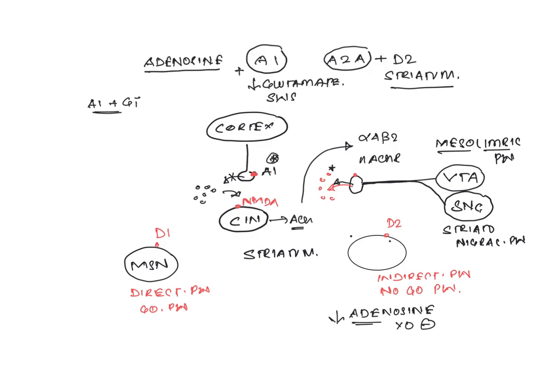So in patients with bipolar disorder, when the adenosine level is decreased, your A1 receptors on the corticostriatal nerve terminal are not stimulated. So you basically have the release of glutamate, which acts on the NMDA receptors on the cholinergic interneurons, which releases acetylcholine, which acts on the alpha 4 beta 2 nicotinic acetylcholine receptors on the dopaminergic nerve terminal, increasing the amount of dopamine, right? And which in turn is responsible for increasing the wakefulness. So we know about how adenosine plays a role in insomnia and the precipitation of manic episode.